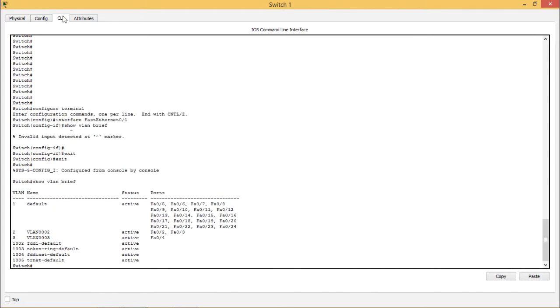You can see the VLANs are already configured, that is VLAN 0002 and VLAN 0003. VLAN 0002 is active, and the ports or interfaces available on VLAN 2 are FA 0/2 and 0/3, and VLAN 3 is FA 0/4 here. You can also check the interfaces, what the switch port numbers are and the details of the interfaces, and which mode it is, trunk mode or access mode, by typing the show